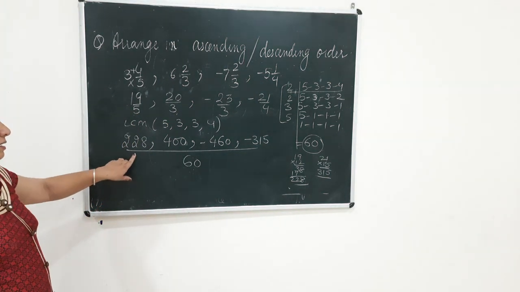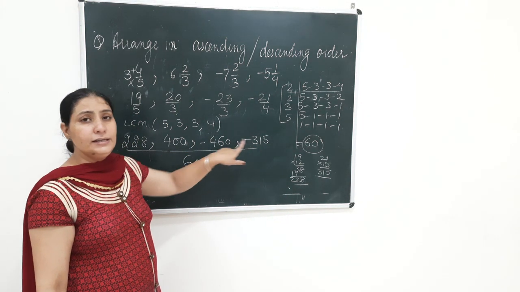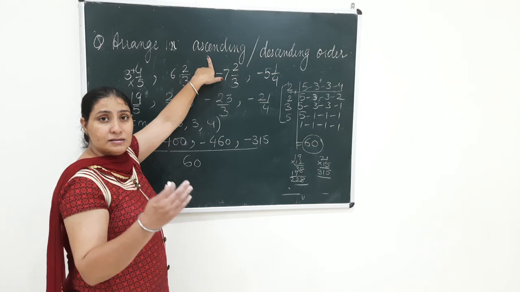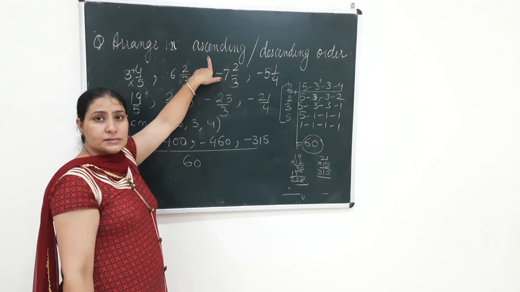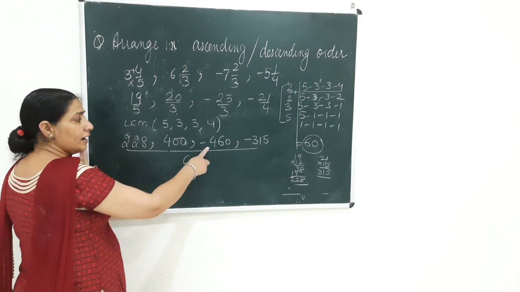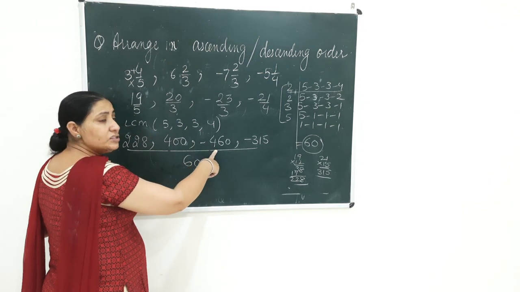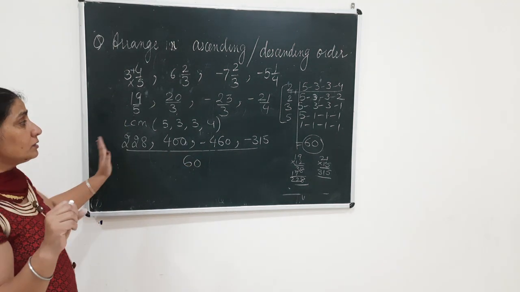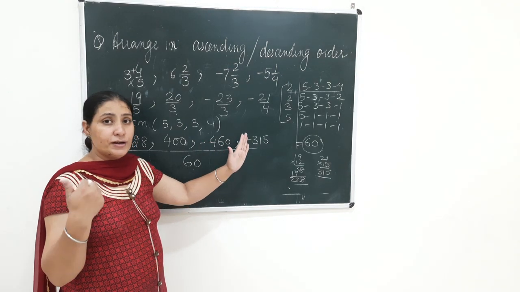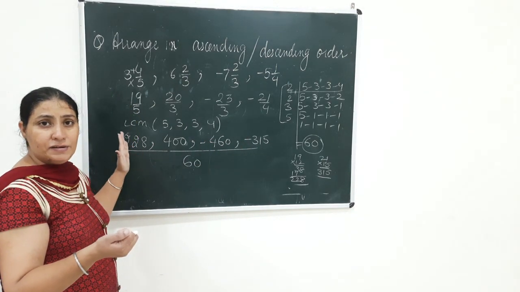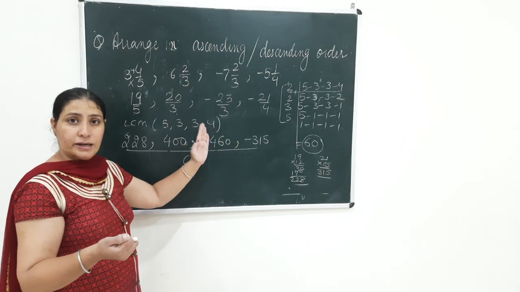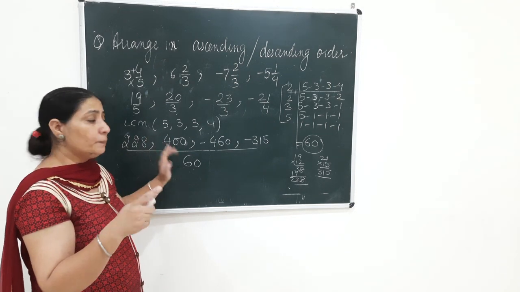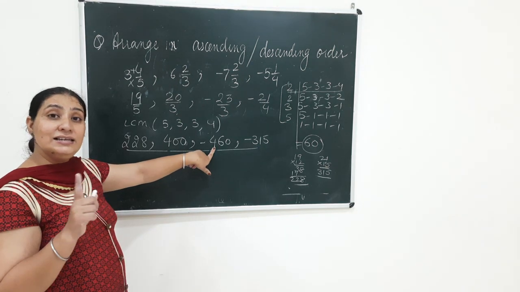Now let's see these numbers. If I say ascending order, ascending means increasing, means from the smallest to the biggest. Now if I say increasing order, you know in negative sign, the number which is looking bigger but has a negative sign has smaller value. Because in the last one I told you when we were writing the negative integers, we wrote 0, then minus 1, minus 2. Now 2 is greater than 1, but minus 2 is less than minus 1. So in the same way, minus 460 is the least value.